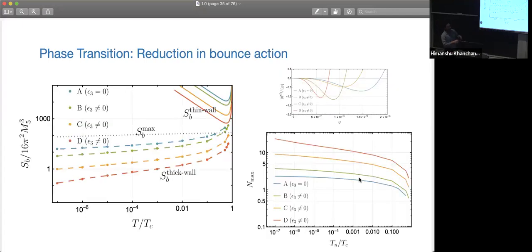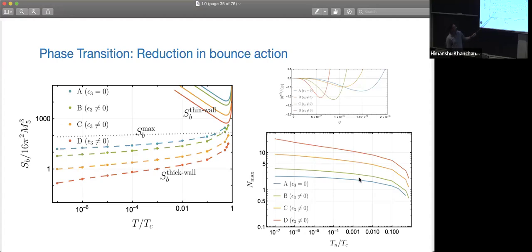So these are the results for the first part, right? For the same choice of parameters with non-zero epsilon 3, you can look at the bounce action as a function of temperature. This is the thin wall answer. This dotted line is the max, so the bounce action better be below this to have a successful phase